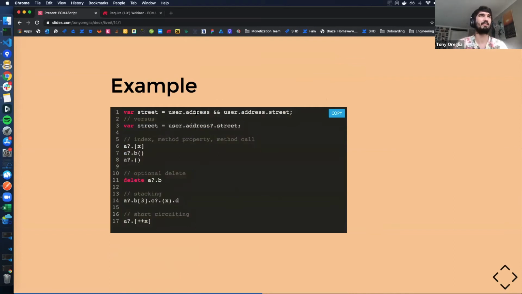And it's a little bit ugly. You typically don't like to repeat yourself in the code. And usually it's not necessary to do so, but from my experience, this is actually a quite common pattern. And optional chaining allows you to avoid that without adding any additional risk into the code. So it looks like this. It's just a question mark before accessing the property. And if address does not exist in this case, then it won't throw an exception because you're trying to access a property of undefined.